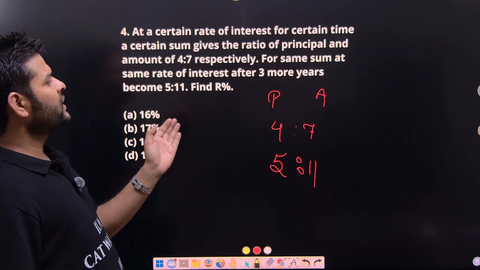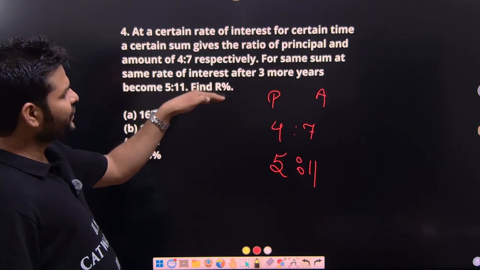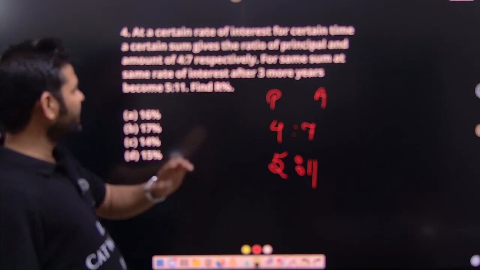And for the same sum at the same rate of interest, after 3 more years, it becomes